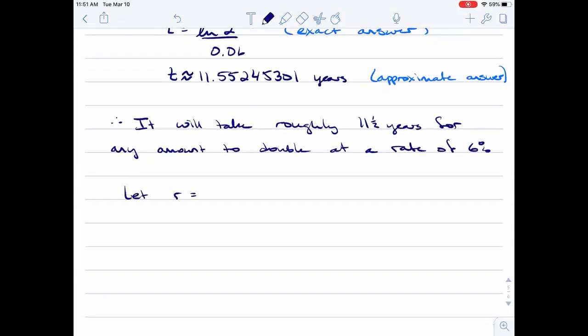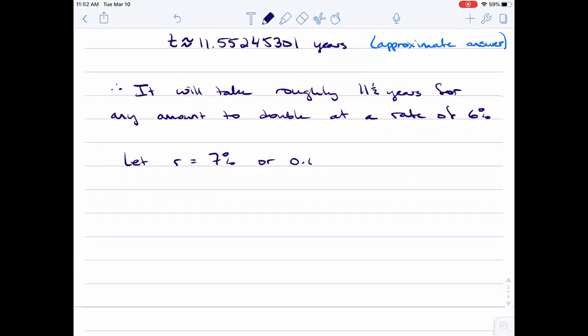So if we let r be 7% or 0.07, then t is the natural log of 2 over 0.07. That's our exact answer. And our approximate answer is going to be the natural log of 2 divided by 0.07, roughly 9.9,